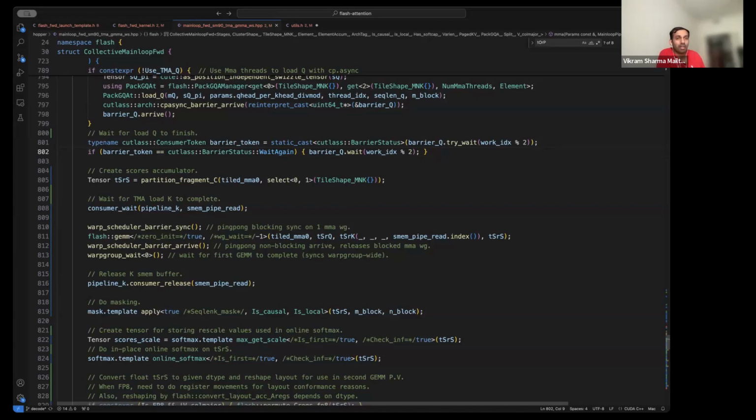FP4 is Amdahl's law getting even worse, right? Already in FP8, the exponent and the non-GEMM part was about 50%. When it comes to FP4, it's most likely going to be 50-50 already. So you're doubling your throughput even more, and your non-GEMM kernels are going to dominate even further. So it becomes an interesting balancing act in how you do the scheduling. Those will increase the complexity too. Yes, of course.